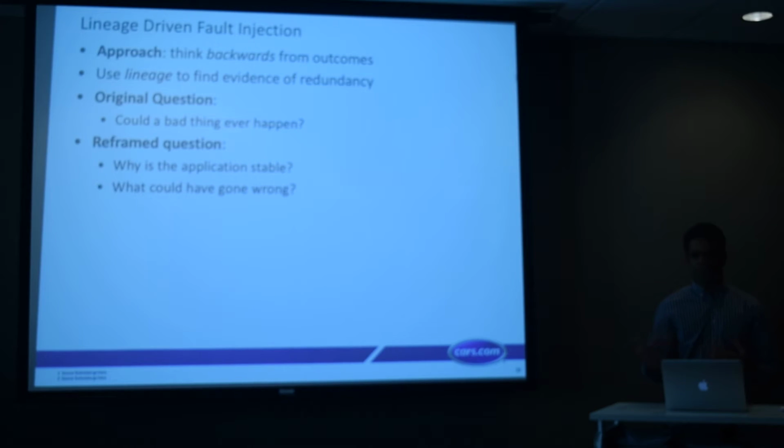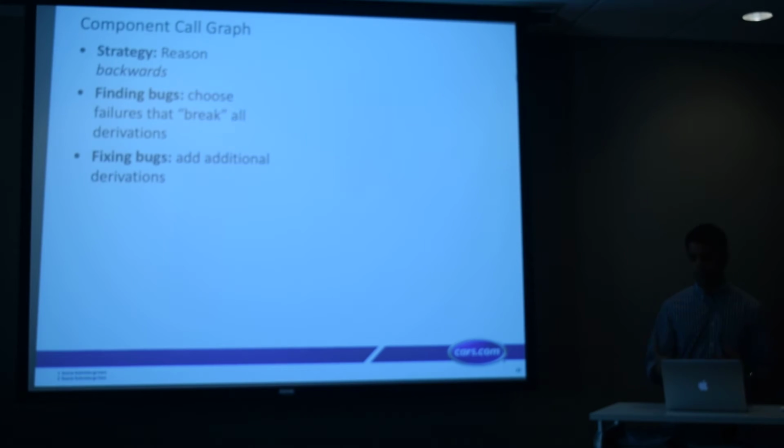Let's start from an outcome and move towards failures. So instead of asking the question, could bad things happen, we're asking questions like, why is the application stable? Everything just passed. Why did it just pass? What could have gone wrong? What had to have gone wrong for this thing to fail? And so, in order for this thing to work, we need to figure out a